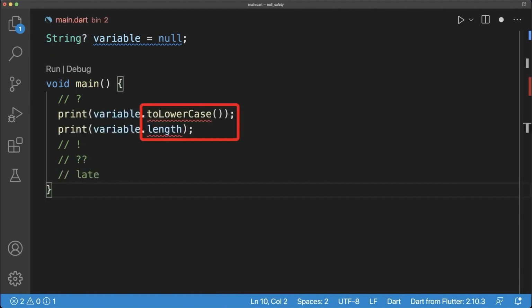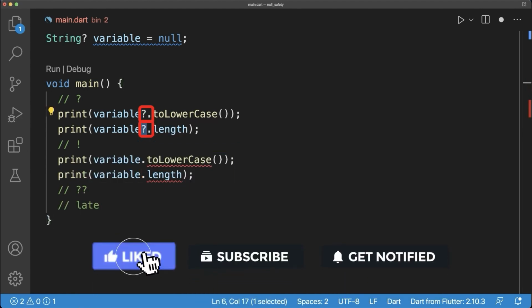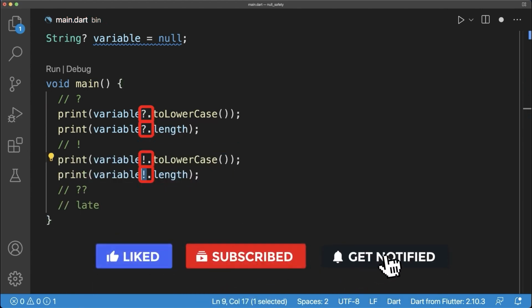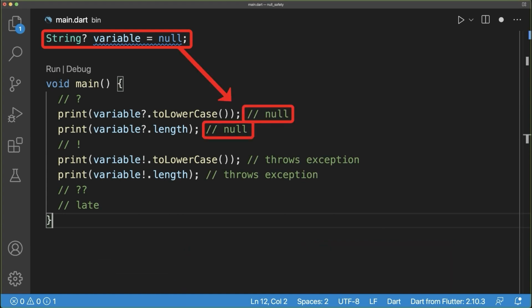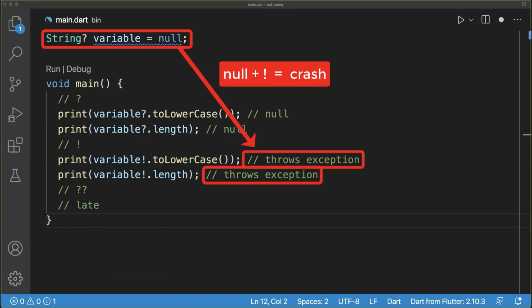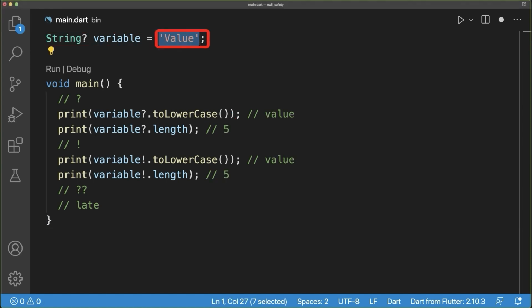Calling a method or property on a nullable type doesn't work. Therefore, you need to add a question mark or exclamation mark before the dot. For a variable that is null, the question mark will return a null value as a result, and the exclamation mark will throw an exception at runtime that crashes your app. On the other hand, if the variable has a real value, then the methods and properties are executed normally and